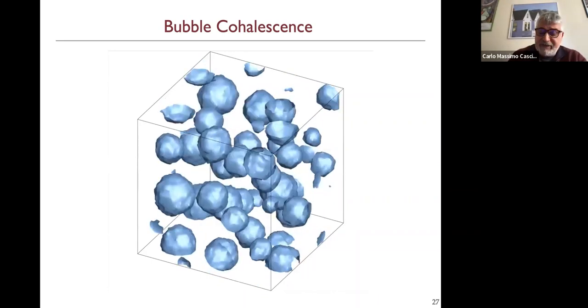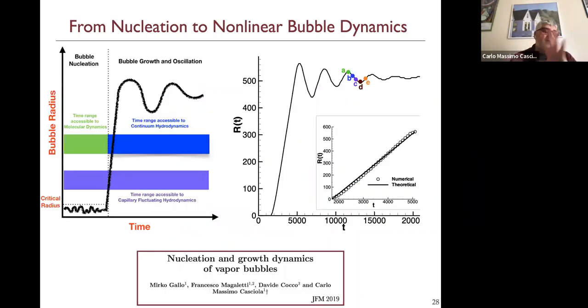Okay, so this is the general picture. Now we want to be a little bit more quantitative. So we want to see what is the dynamic of a major bubble. Up to now, we have been focusing on the small scale dynamics of the system related to nucleation. But once the bubble has grown large enough, then we should see the typical signature of the nonlinear dynamics